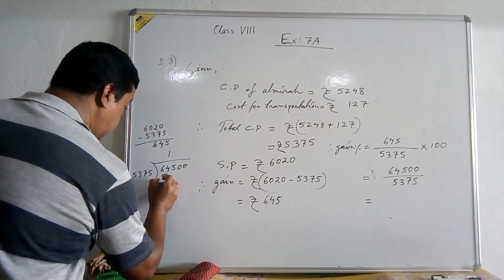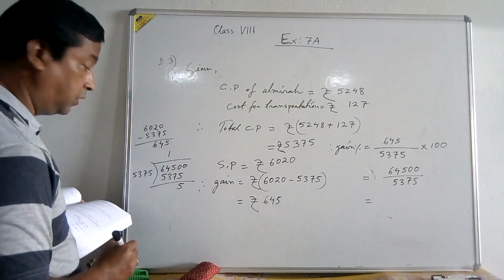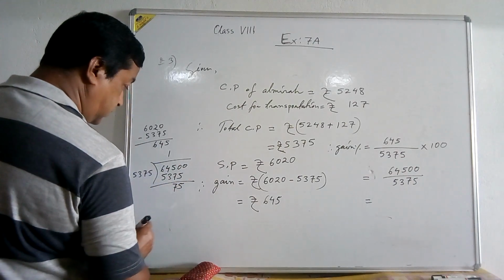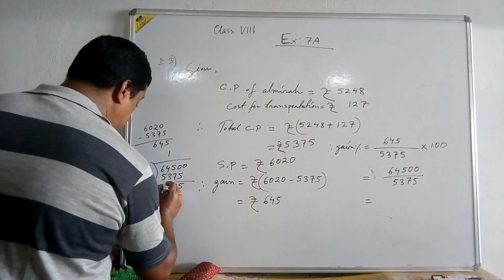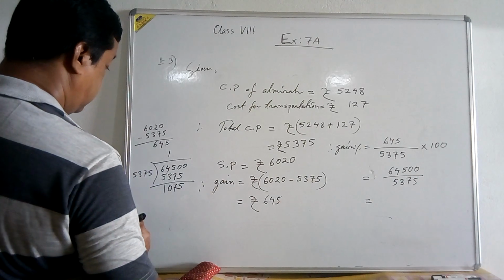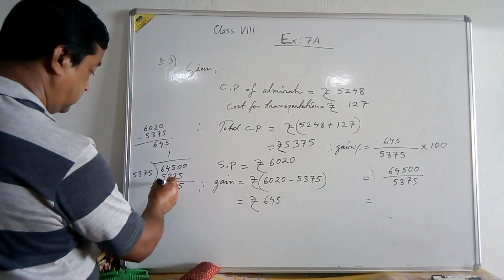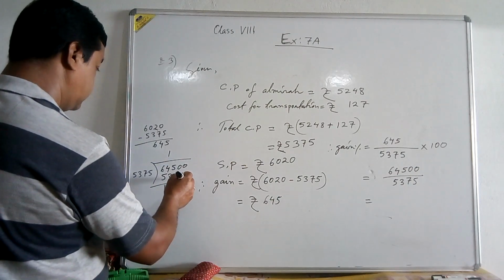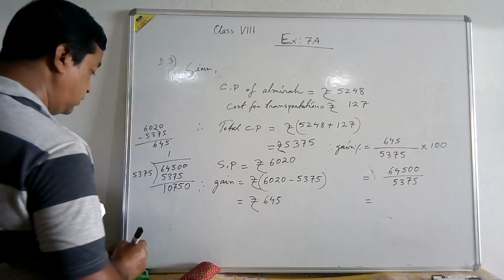So one time it will go, 5375. Then here will be 7, then here will be 0, will be 1. So you can check it. Okay, now this is 0. Now with what will it go? By